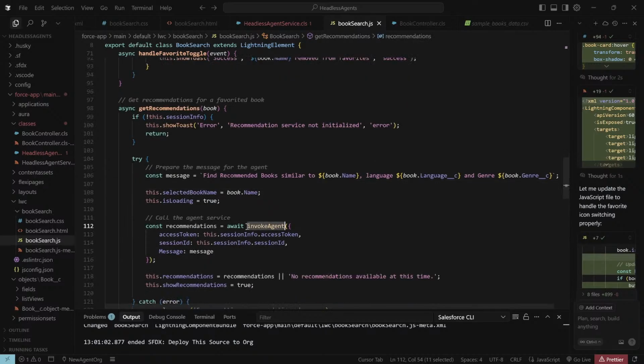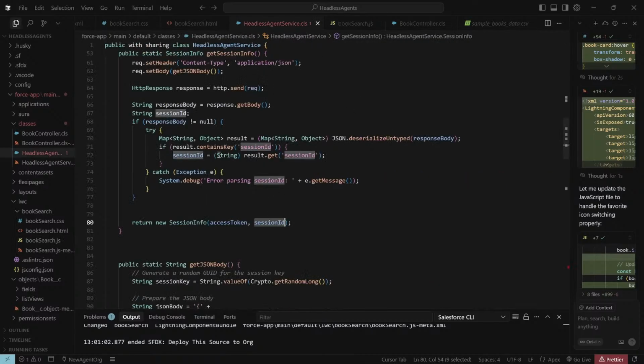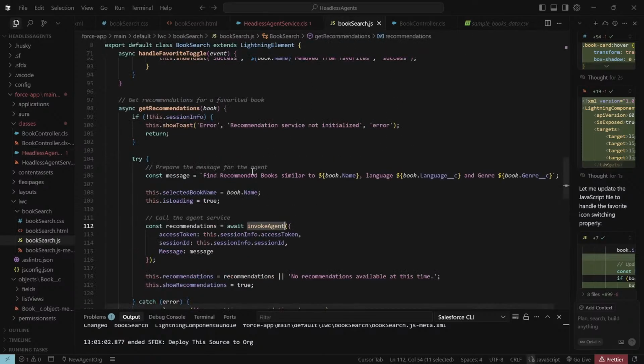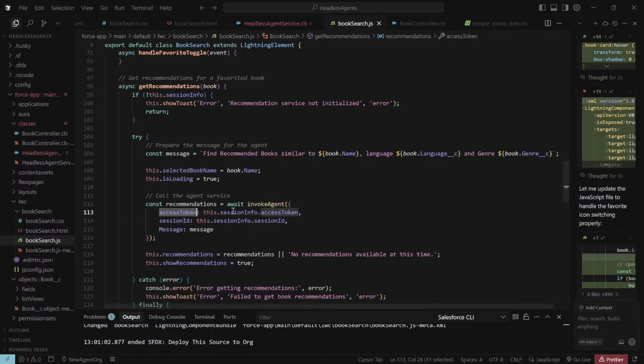And then we are invoking this method. We have seen this method in our last lecture, invokeAgent. It requires the access token, session ID, and the message. So that's exactly what we are passing here. We are passing the access token from the session info, the session ID from the session info, and the message which we just prepared here. So now we know that it will invoke the agent API, passing this message,